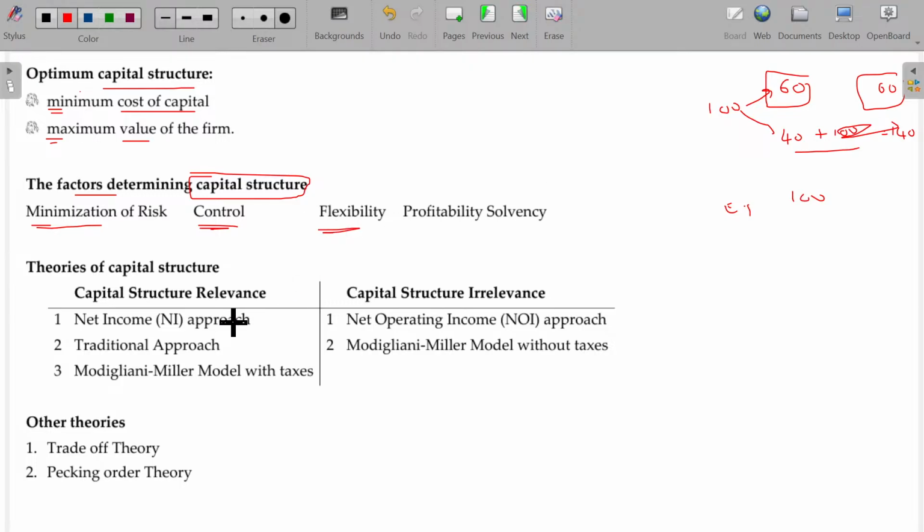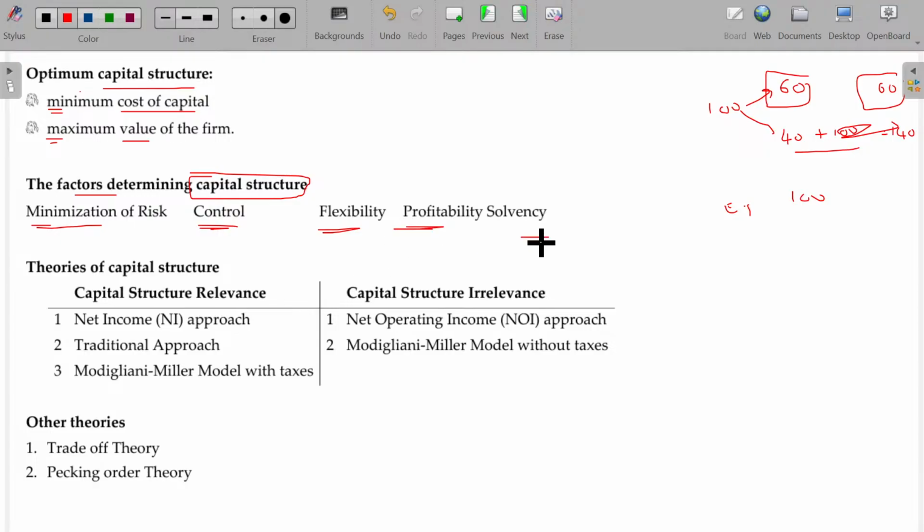Flexibility. If you are raising the fund by issuing equity shares, when you are not in need of that fund, you still have to retain it, because refunding the equity share capital will be a lengthy process. You have to go for the buyback process and all. But in case of debt, if you have further funds, you can simply repay this. That advantage you have. So flexibility of changing the fund requirement will be a reason for deciding the capital structure,